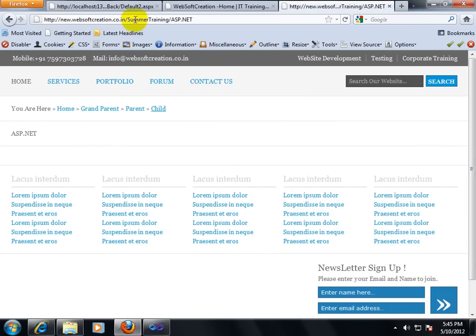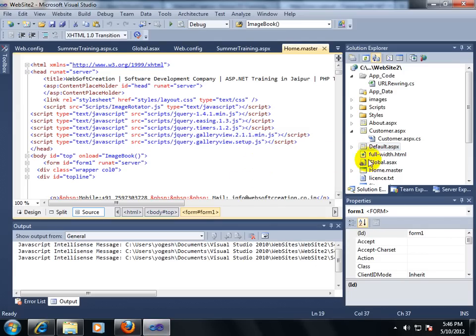So whatever you have seen over here, I have hidden my extension, .aspx. My web page name is summertraining.aspx, and I am posting some data like ASP.NET or an ID, anything you can post over here, which I am hiding. Google will store this URL, and if anybody writes in Google summer training in ASP.NET, your site will come first. So URL rewriting is a very important task for every developer and every search engine optimizer. Let's find out how I can implement this.